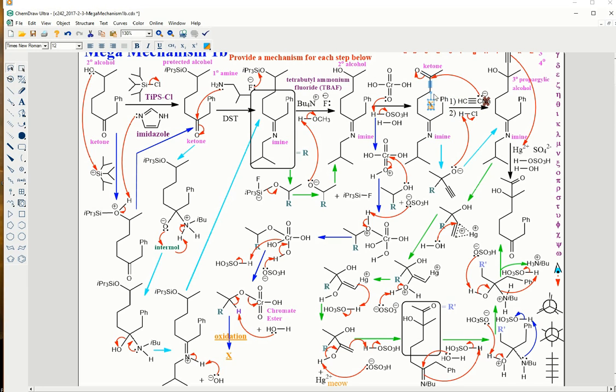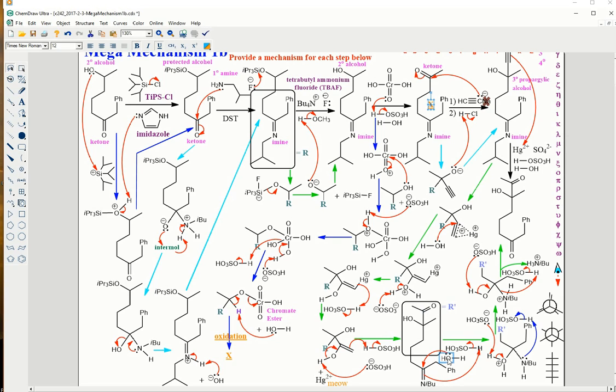Acetylide attacks ketones, as we saw in chapter 16. Second step, protonation of the O- gives a propargylic alcohol. That's new for us. Reaction of the alkyne with mercury 2+ cation generates a cyclic mercurinium ion, which undergoes a backside attack by water on the more substituted carbon to generate this oxonium, which is neutralized by sulfate, which undergoes protonolysis to give an enol, which undergoes tautomerization to give our ketone,